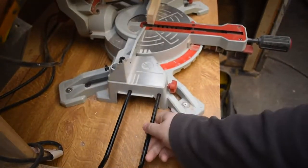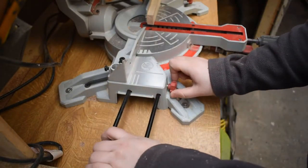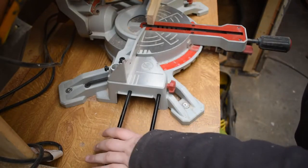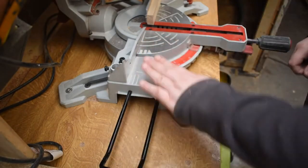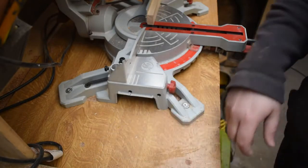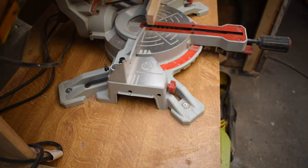This saw also comes with 2 side extension rails, one for each side, that just screw in like so. They do go in a bit further. I didn't put them in properly when I was filming this, but I don't use mine. They do move a little bit, not as much as that if you actually screw them in properly, to be fair, but they are still slightly lower than the bed of the saw there, so not ideal. If you're building a mitre station anyway for this, you probably wouldn't need them. They're okay for when you are cutting down some 3x2s or something, 2x4s, and it does the job enough to